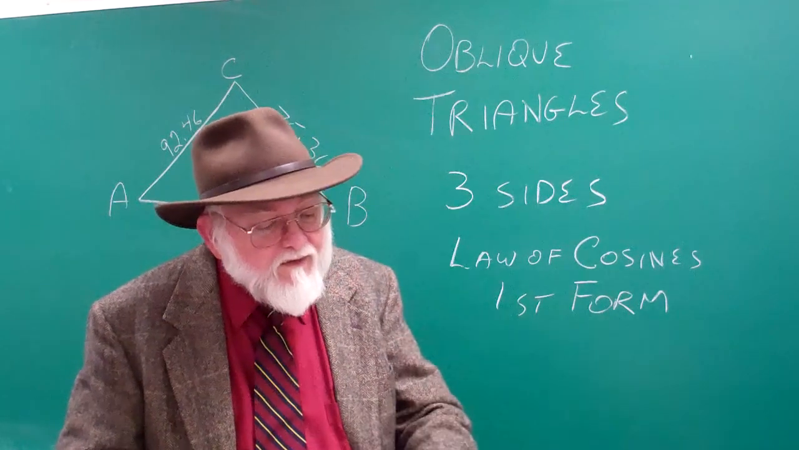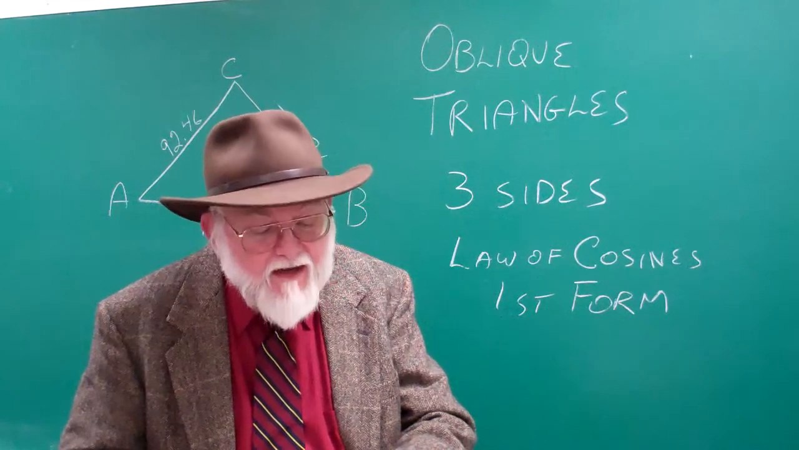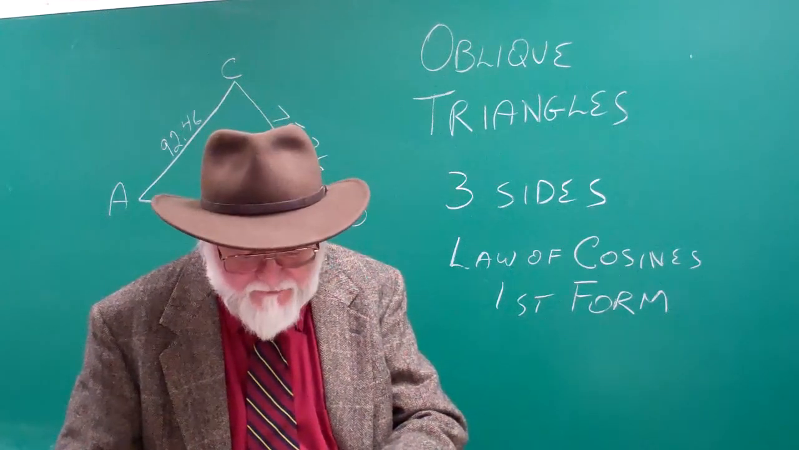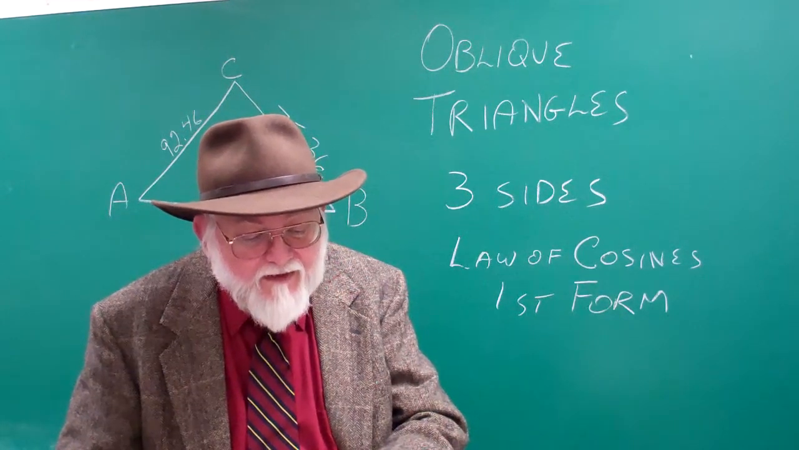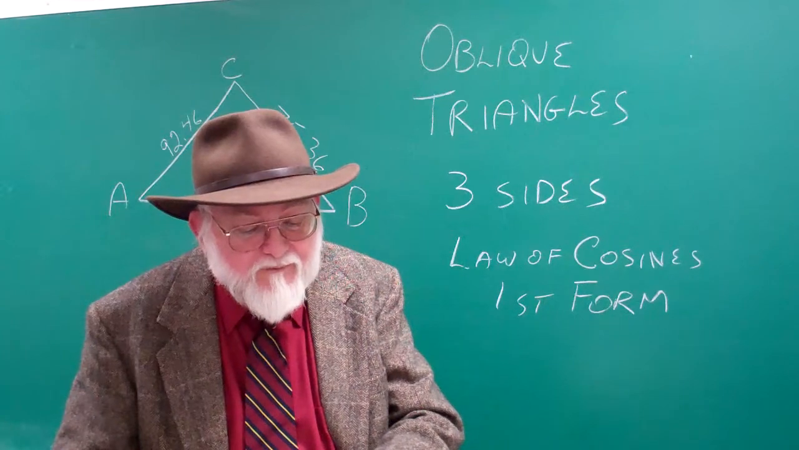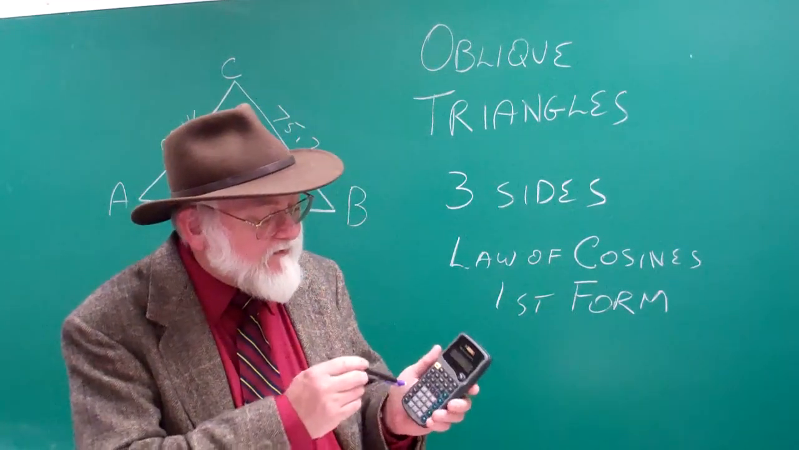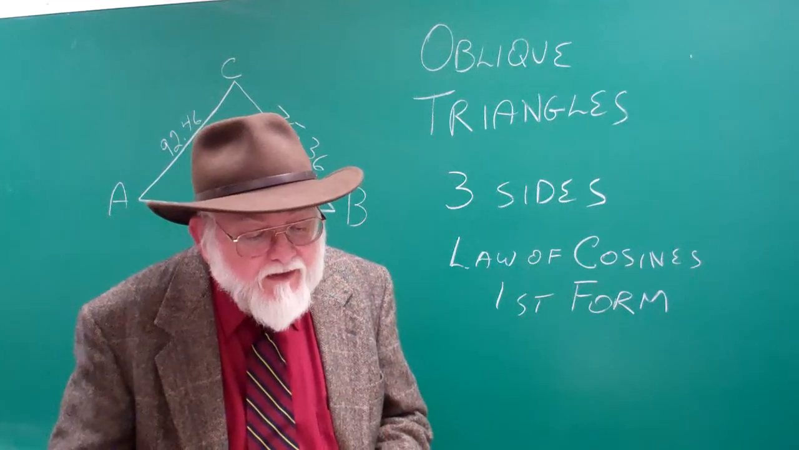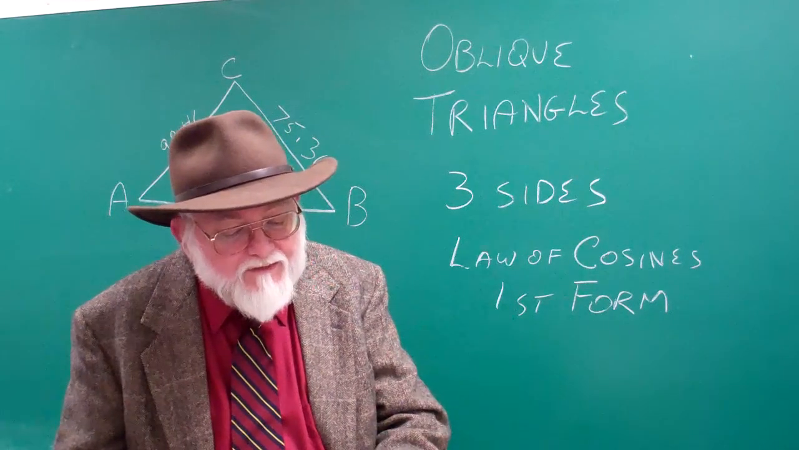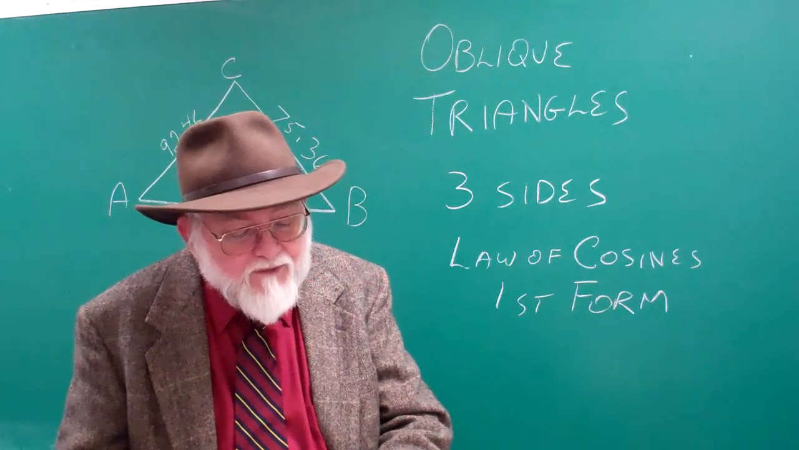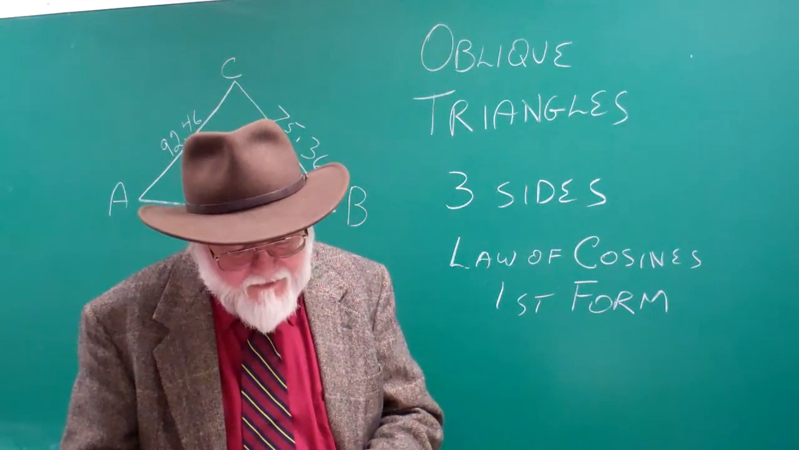enter B squared, which is 92.46, square that, add that to 112.28 squared, and then subtract from that 75.36 squared, and then store that number. Just hit store 1 and then go to the denominator and multiply 2 times 92.46 times 112.28, and you get